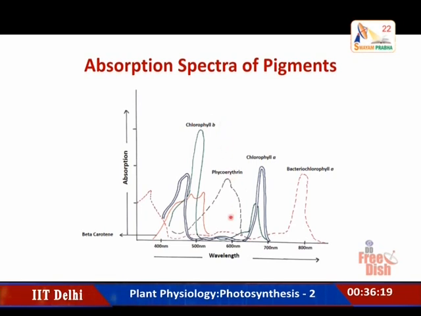So, what you can see is the spectrum of chlorophyll A. Chlorophyll A is absorbing maximally in the red region, whereas chlorophyll B is maximally absorbing in the blue, and the other molecule, for example, beta carotene, this orange spectrum, is absorbing maximally in the blue region, whereas the phycoerythrin